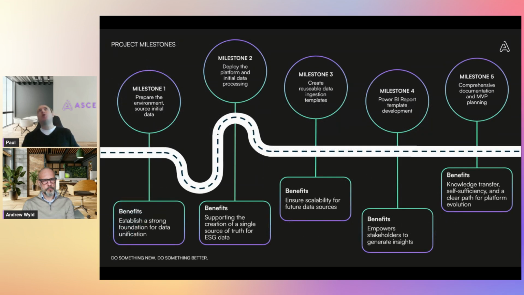So in terms of the project itself, there were 5 key milestones. As I said, the main thing was to obviously collate the data and build the reports, but we broke this down so it had actionable outputs as well as clear benefits to those particular steps. So the first thing is around preparing the environment and preparing your source data. Before you really get started with sustainability, you need to see what you've got from a technology perspective and where your data is and what data quality you have.